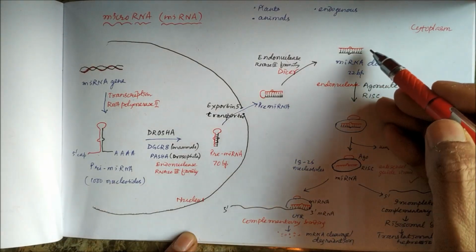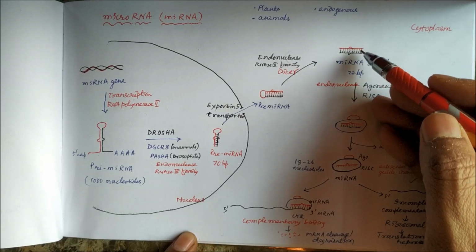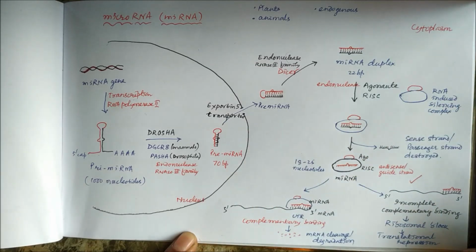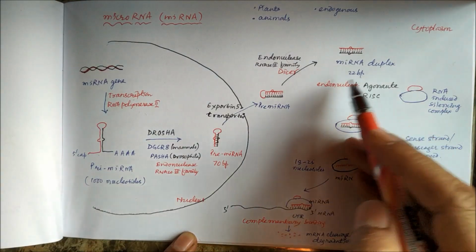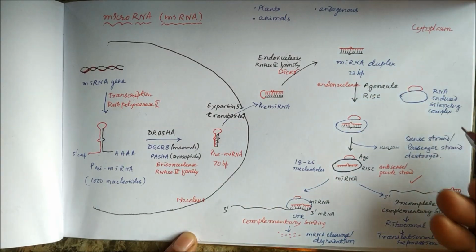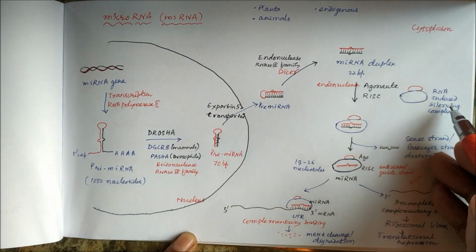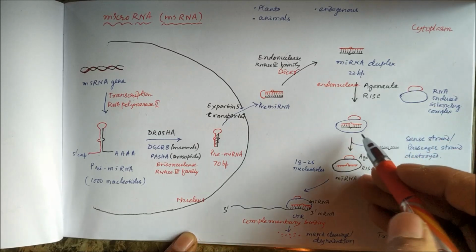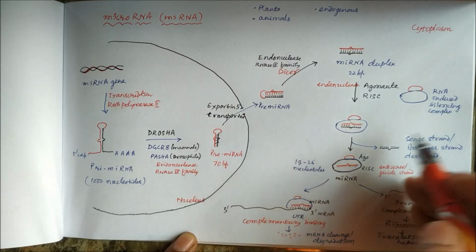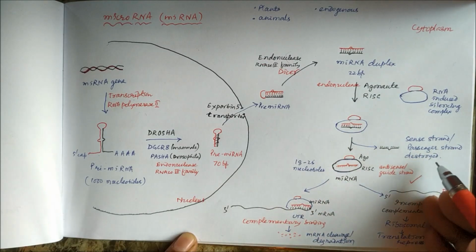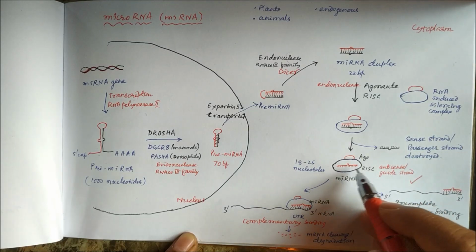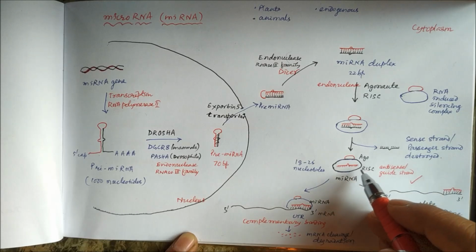The antisense strand will be used for RNA interference or gene silencing, whereas the sense strand will be degraded by this complex called the RNA induced silencing complex, where this Argonaute protein is required for this degradation. So the sense strand, or passenger strand, is destroyed, whereas the antisense strand or the guide strand will remain,